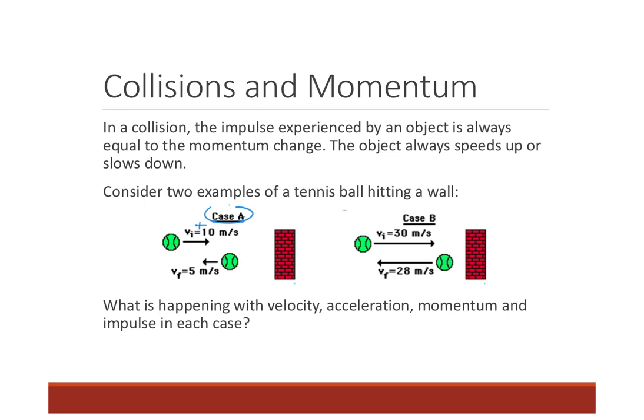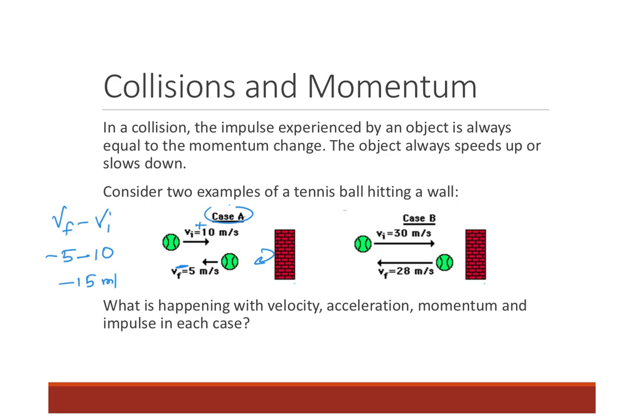And it's bouncing off the wall and then leaving at a velocity of 5 meters per second. And because it has now changed directions, it's going to be a negative 5 meters per second. So what has happened to the velocity? What is our change in velocity? Well, the change in velocity is going to be your final velocity minus your initial velocity. So that would be a negative 5 minus a 10, which gives us a change in velocity of a negative